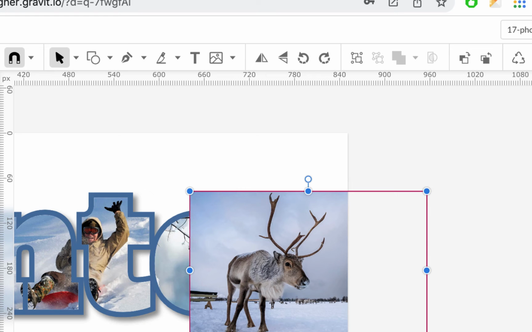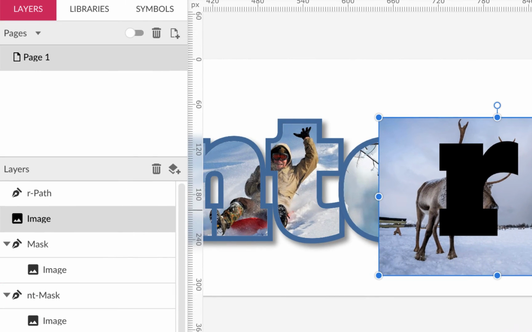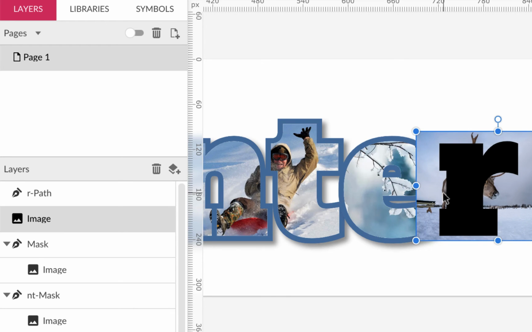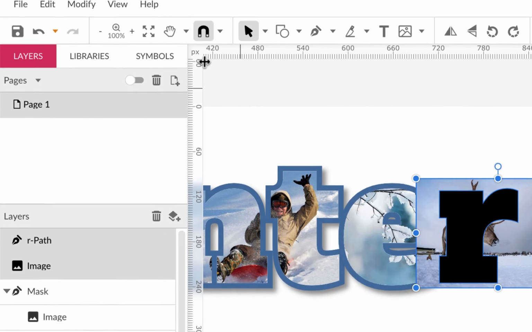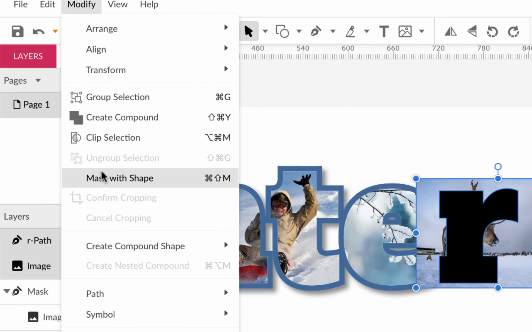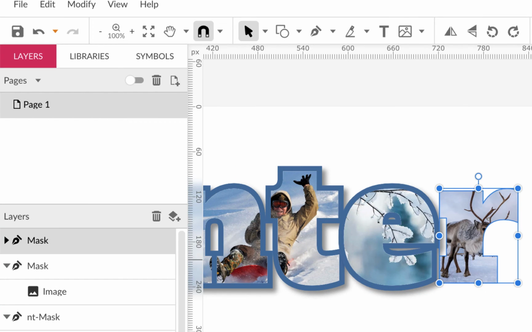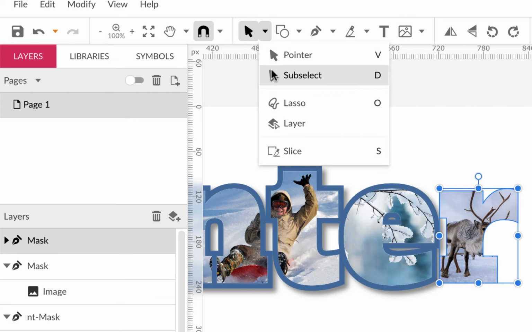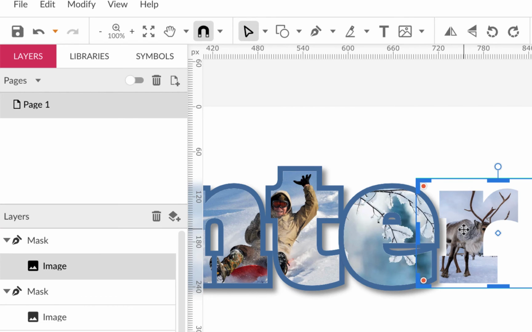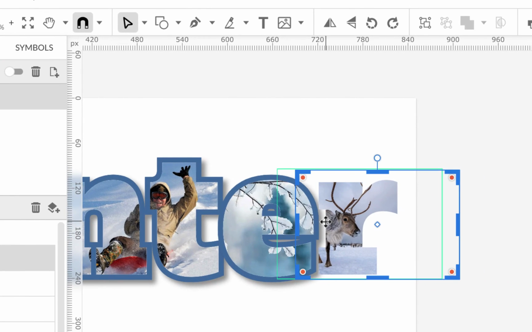I'll put it behind that path. Now you could name all these images as well, but that should be fine for what we're doing. I'll move that over, and now I'll hold Shift, hold the R, do Modify, Mask with Shape. There's the reindeer. If you want to move it around, again, use the sub-select, click on the image, and move it a little bit. There's a reindeer. That looks cool. And then I'll do Edit,